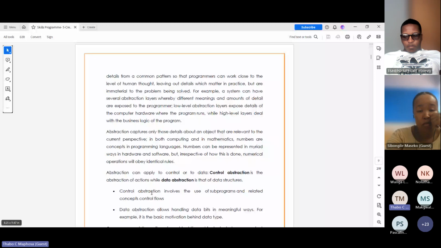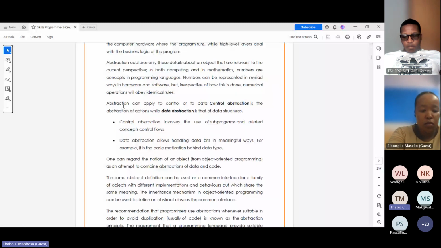And now, abstraction can apply to control or to data. Control abstraction is the abstraction of actions, while data abstraction is basically that of data structures. You are separating these aspects. So now